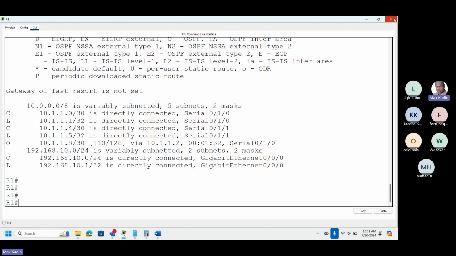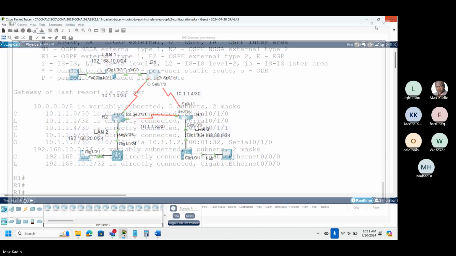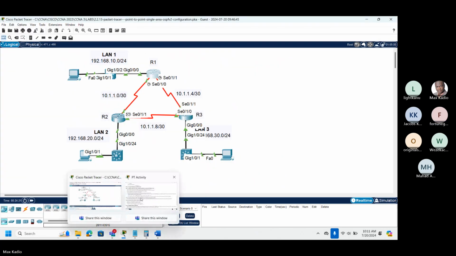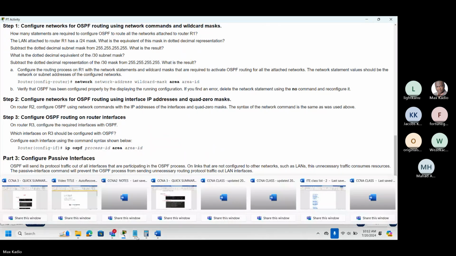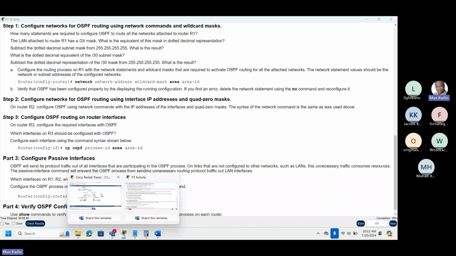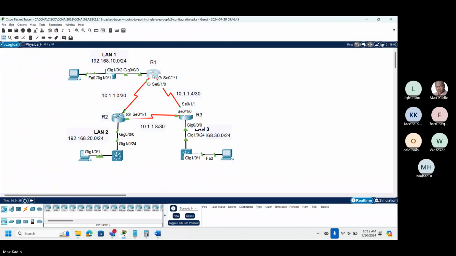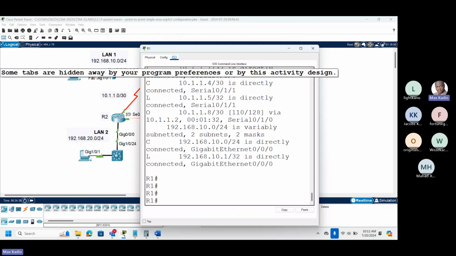Okay, now we go to R3. Part 3, configure passive interfaces. So passive interfaces are networks that are connected to LANs. So if we take R1, the passive interface is G000. So we go to R1,